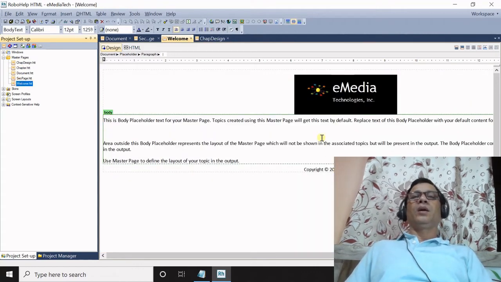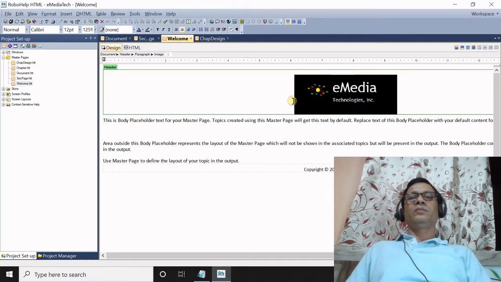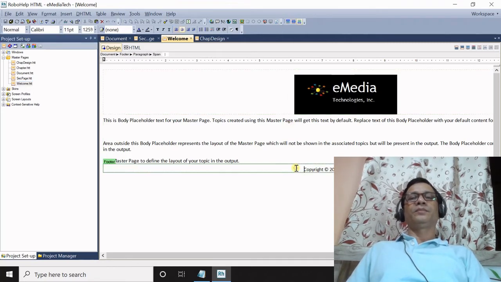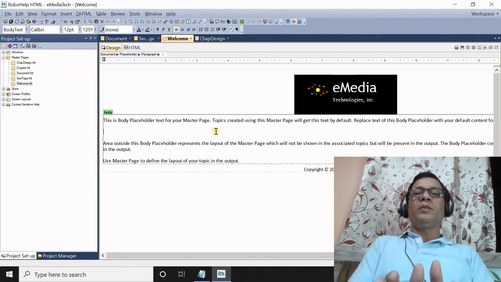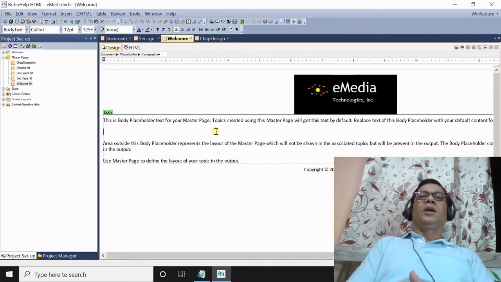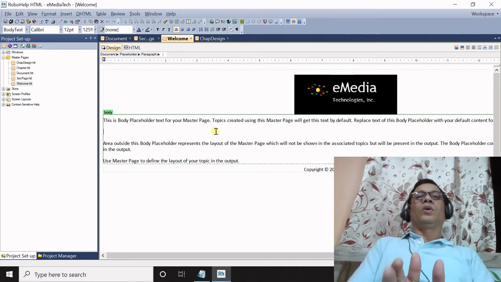In a single master page, you may have three elements: header, body, and footer. However, it's not essential that you should have all three elements in all the master pages. This depends on the requirement of your organization.